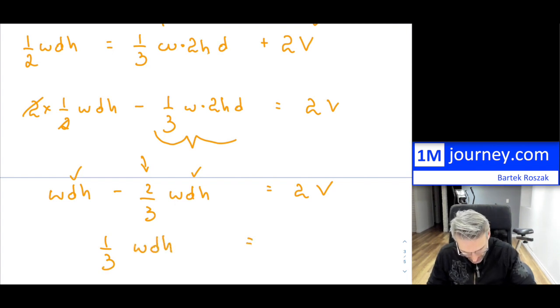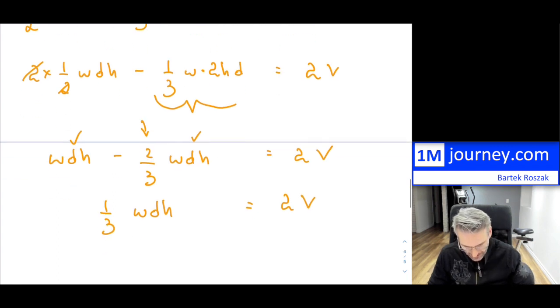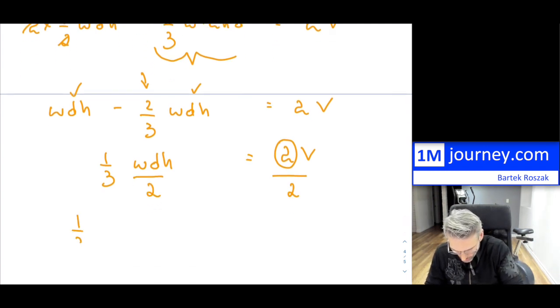You're seeing this 1/3 appear there, and you might get excited in here. However, we have this 2. So if we divided this by 2, so if I get rid of this 2 and divide this by 2, notice what's going to happen. 1/3, now I'm going to put a bracket in here. Okay, so this is 1/2